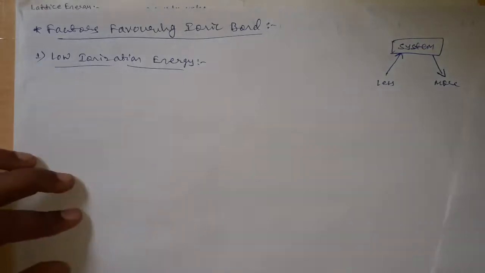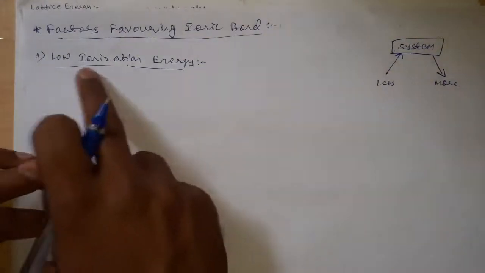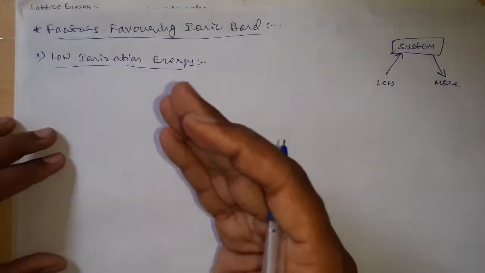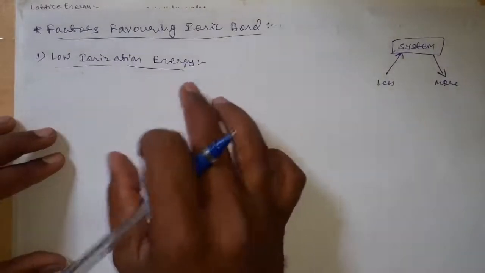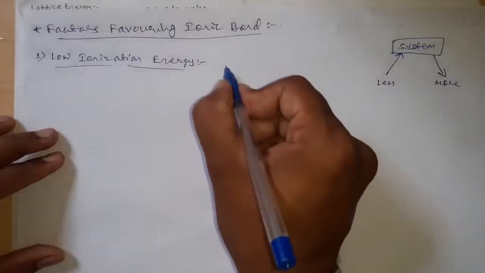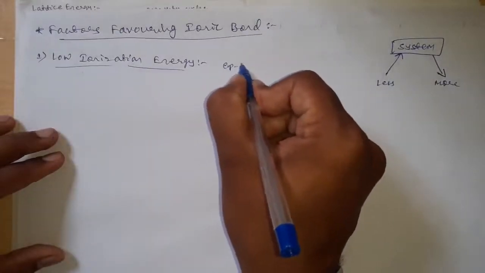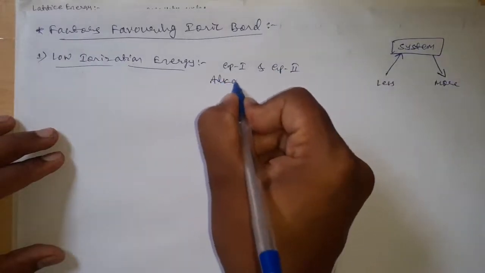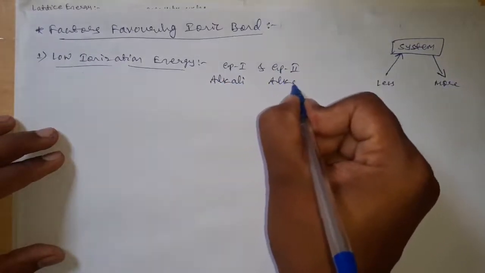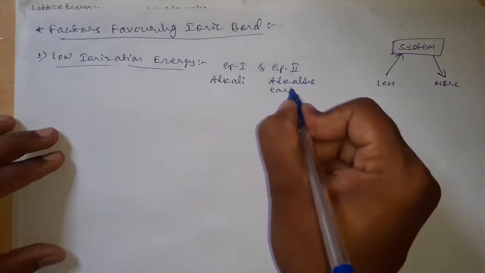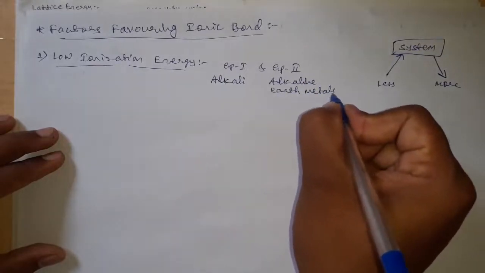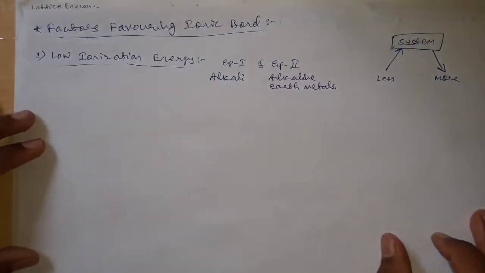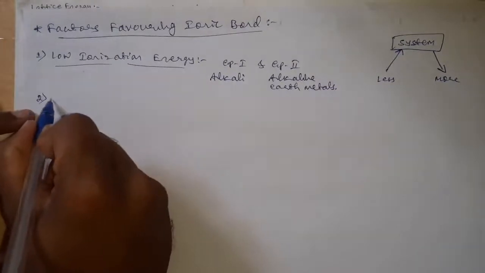Therefore, here one of the combining atoms should possess low amount of ionization energy. Then from the periodic table, where will we get these type of atoms? The atoms of group 1 and group 2, that is alkali and alkaline earth metals, will form these type of ionic compounds. Then the second one is